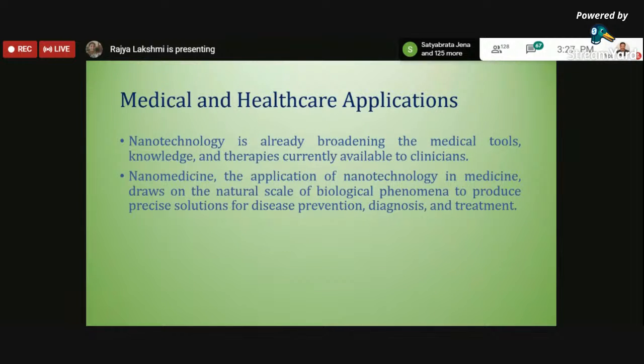The disease may be very big, but the tablet size is very small. You need to think about it immediately. I am suffering from a disease for the last one month, but you are giving such a small-sized tablet. That means it has that much impact on the entire human body. Just imagine the size of your body, and the size of the tablet. All because of nanotechnology, people are trying to make medicine comfortable to take. If the tablet size were around 10 centimeters, is it possible to take? Definitely not. It would be very difficult.